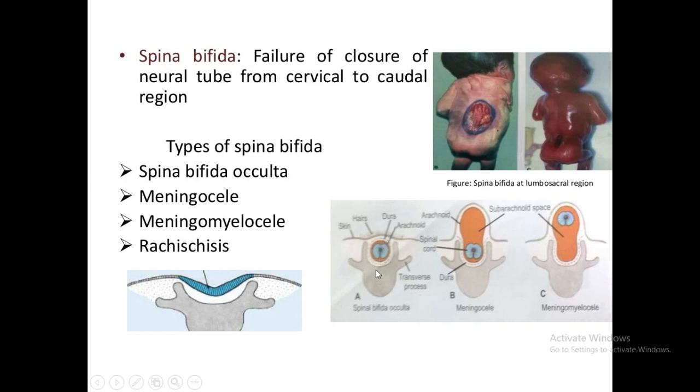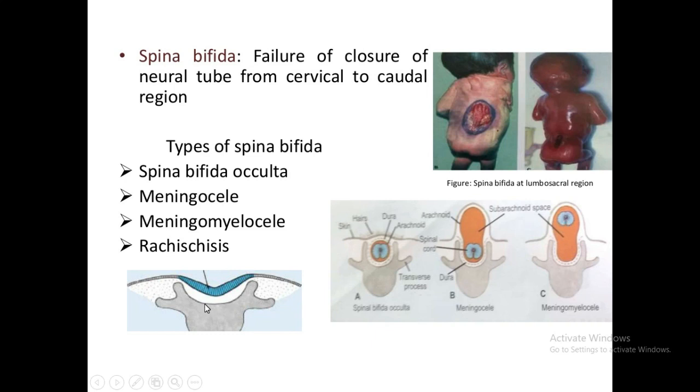This is spina bifida occulta. Here there is spina bifida, but the neural tissue is not involved. The affected area shows patches of hairy skin. This is occulta. And in case of spina bifida cystica, meningocele type, here we see the fluid filled meningeal sac protruding through this defect and producing meningocele. When this sac contains the neuronal tissue, then it is called meningomyelocele.